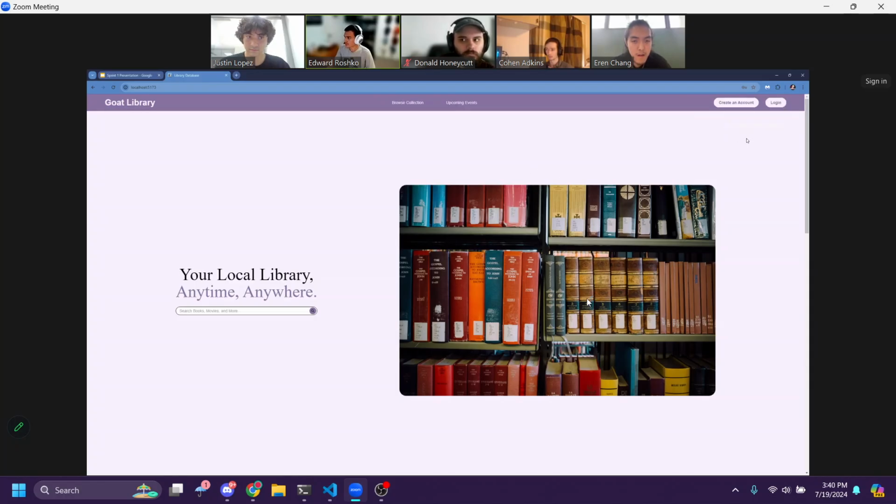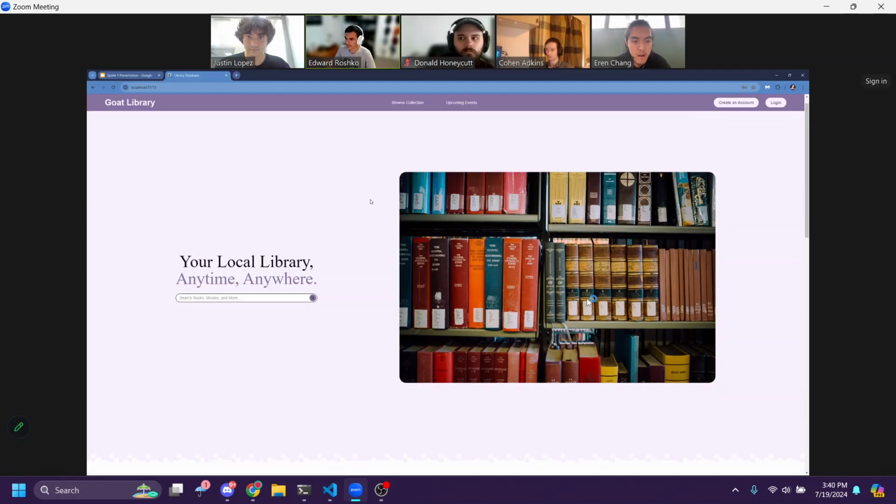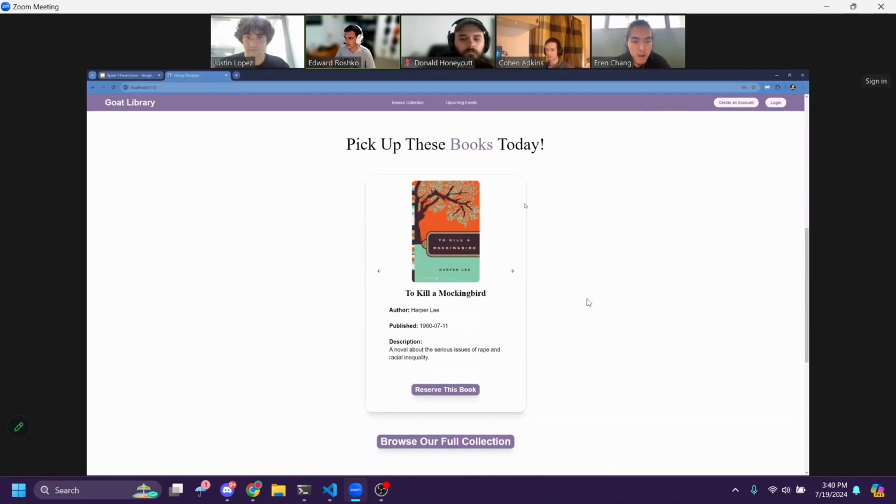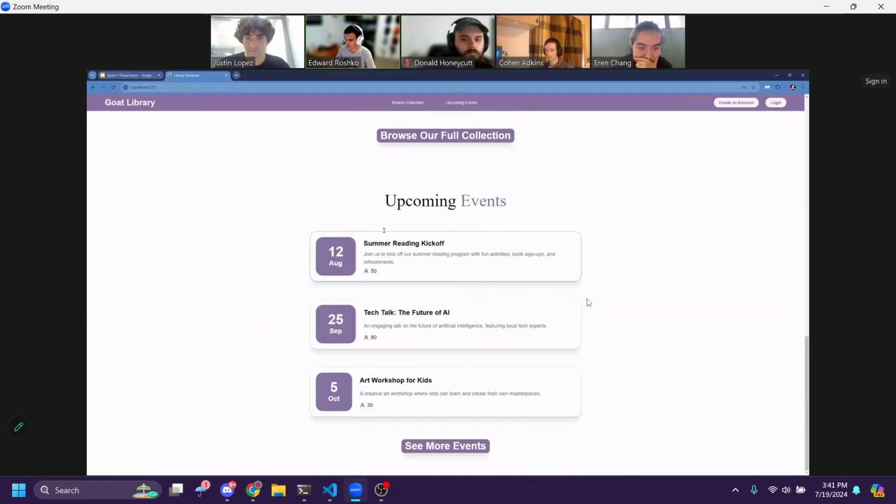Users will appear here when they load up the website, and they can scroll down and instantly see "pick up these books today." Right now it's just showing 4 books, but it's going to be the 4 most highly rated books in our system, whenever we get around to sorting it like that, with the option to reserve the book and go to that book's page. Beneath that is going to be a list of the 3 most upcoming events in our system,